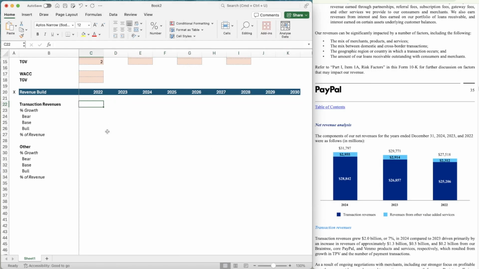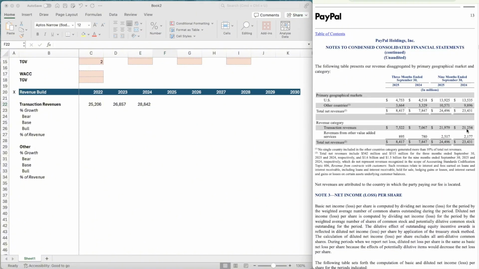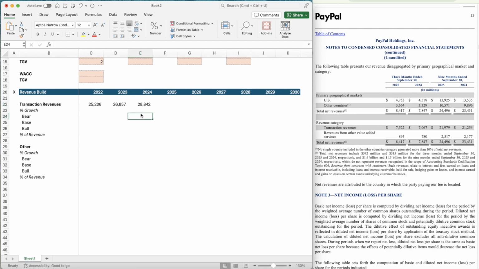So 2022, they did 25,206, 26,857, then 28,842 in 2025. So we want these figures here. 2024, we do the total figure divided by the 9-month figure, divided by 21,254. And this gives us a multiplier, which we can go 21979 multiplied by 1.35701515. Again, it doesn't have to be that precise, but